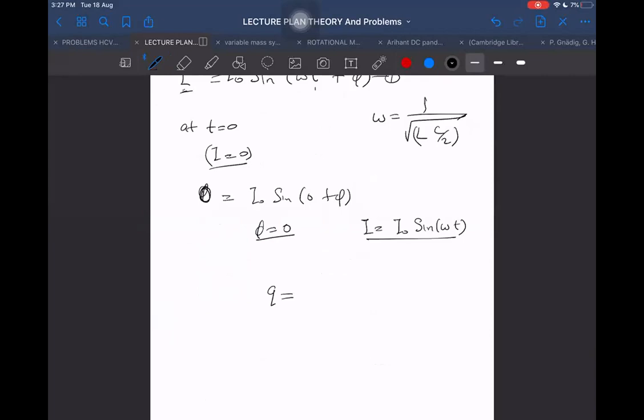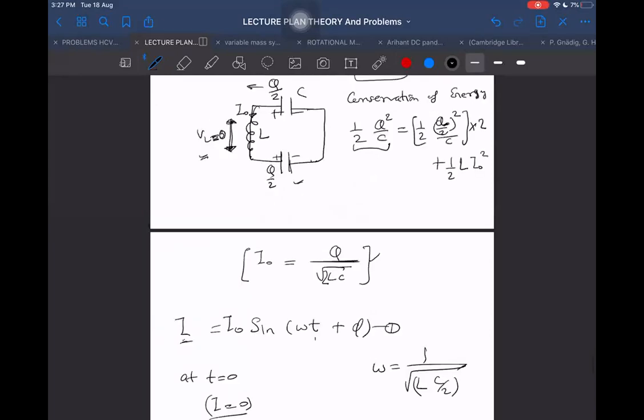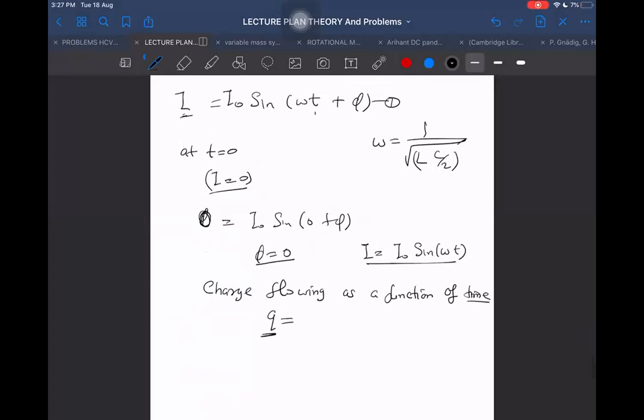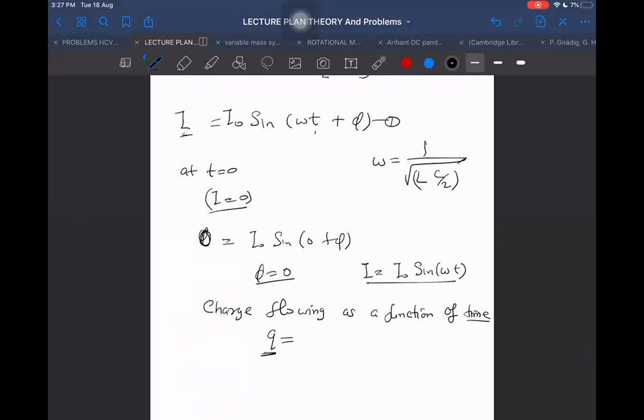Never find out the charge stored on the capacitor as a function of time. What you should find is the charge flowing as a function of time. I will give you the reason for it. Even if they are asking charge stored in the capacitor, first you find this. From there we can get the other thing also. Initial charge minus flowing charge will be the stored charge, because charge flowing is easy to tell. Initially the charge flowing is 0. There only it will start flowing, and from there onwards it will start flowing.